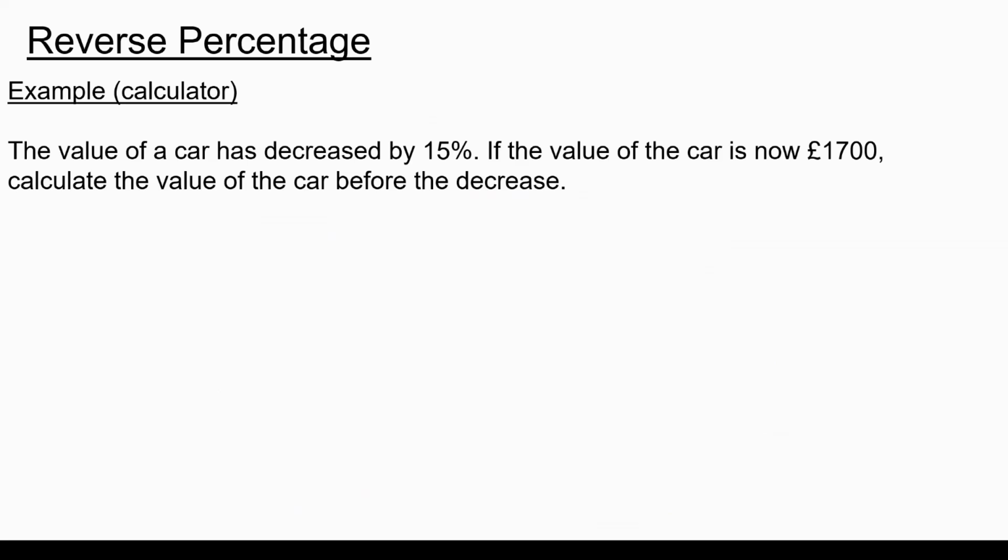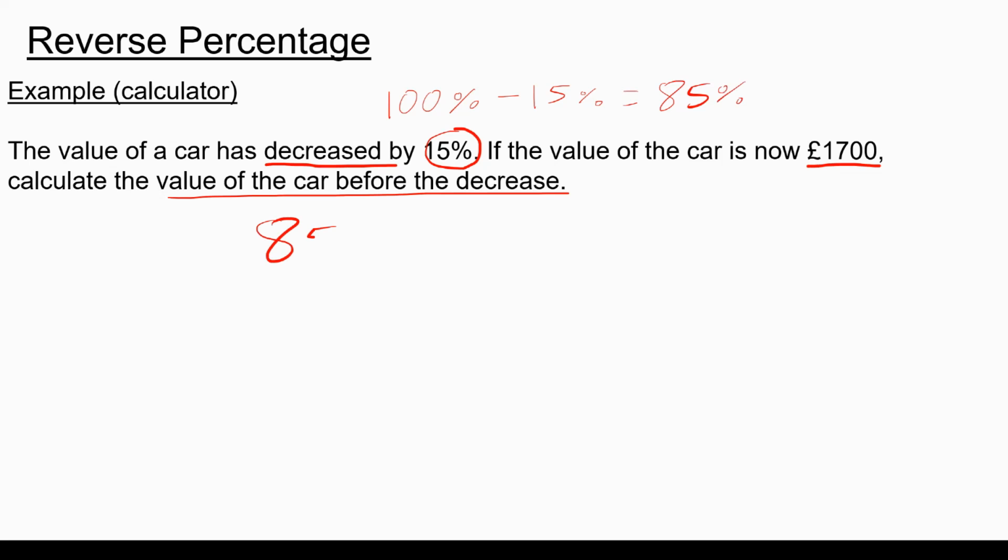A slightly different kind of question is given here. The value of a car has decreased by 15%. If the value of the car is now £1,700, calculate the value of the car before the decrease. Because a decrease has taken place, we're first going to subtract 15% from 100%, which gives you 85%. So we can say that 85% of the original value of the car is what we have, which is given to us as